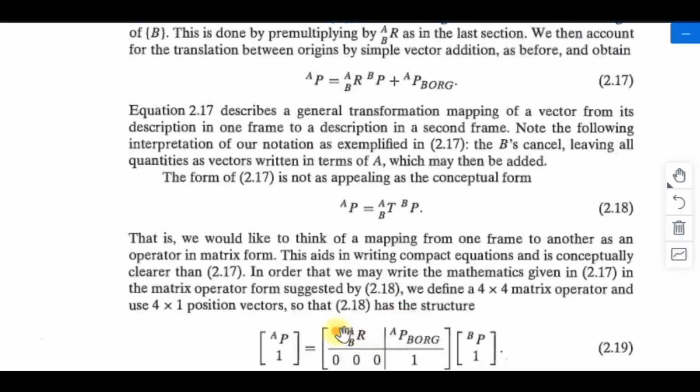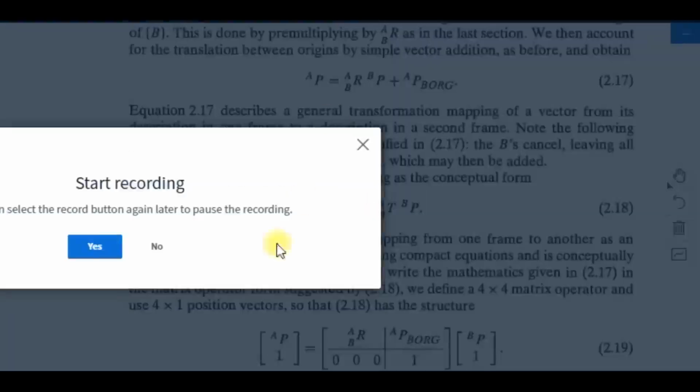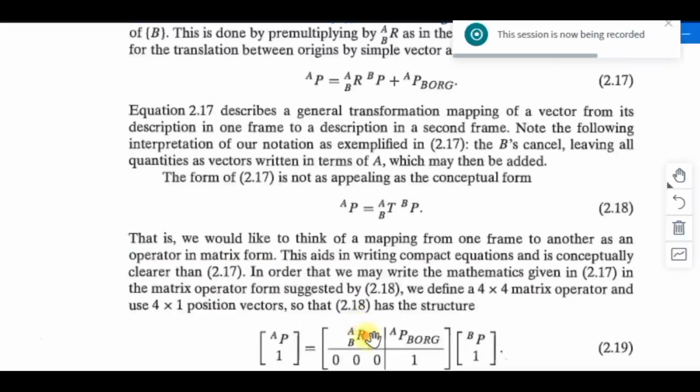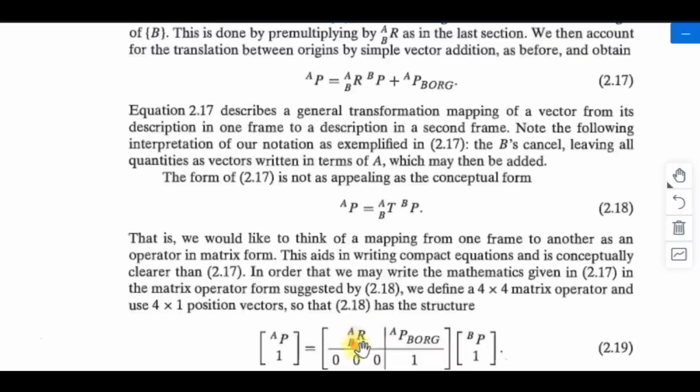This part A R B is a 3 cross 3 matrix, and this matrix, what is the name of this matrix? I discussed it in yesterday's class. This matrix is called transformation matrix, and it is